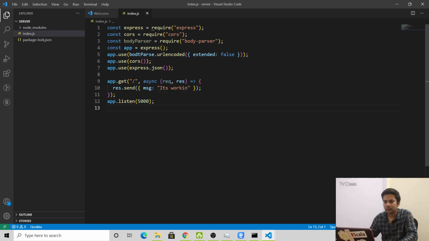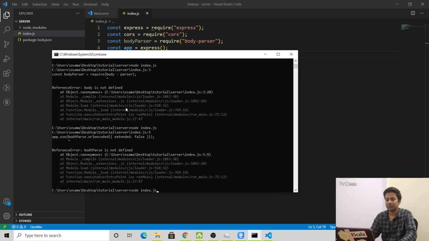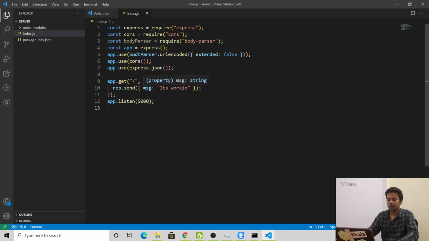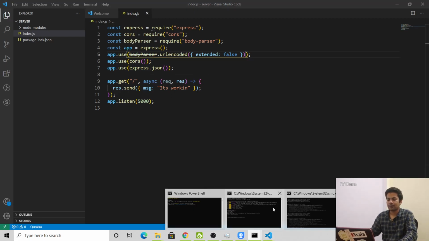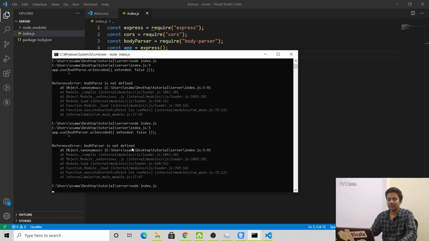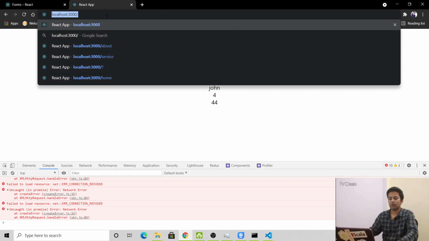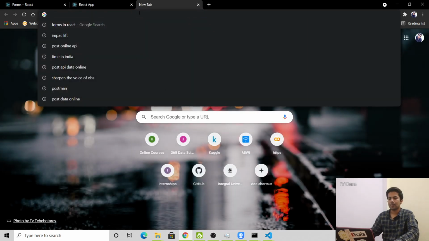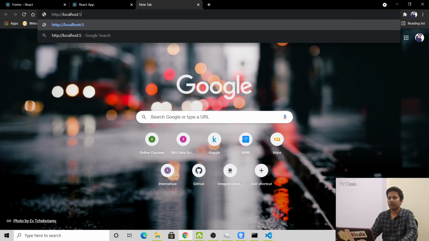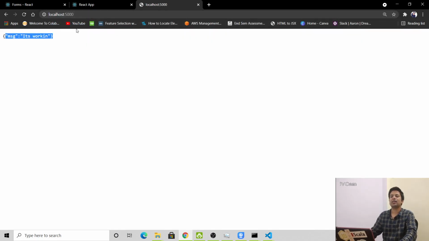Body parser, body parser, body parser. I have written so fast that I made so many mistakes. Now it's running. If we hit the URL, it's running on localhost 5000, and see, we get the message it's working.